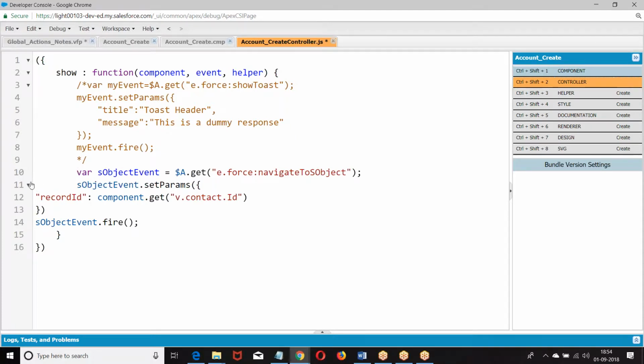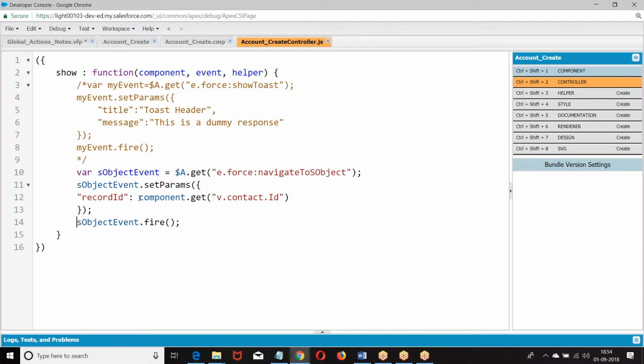The same story. Instead of giving a dynamic ID, I'll give a static ID. This is what I created.